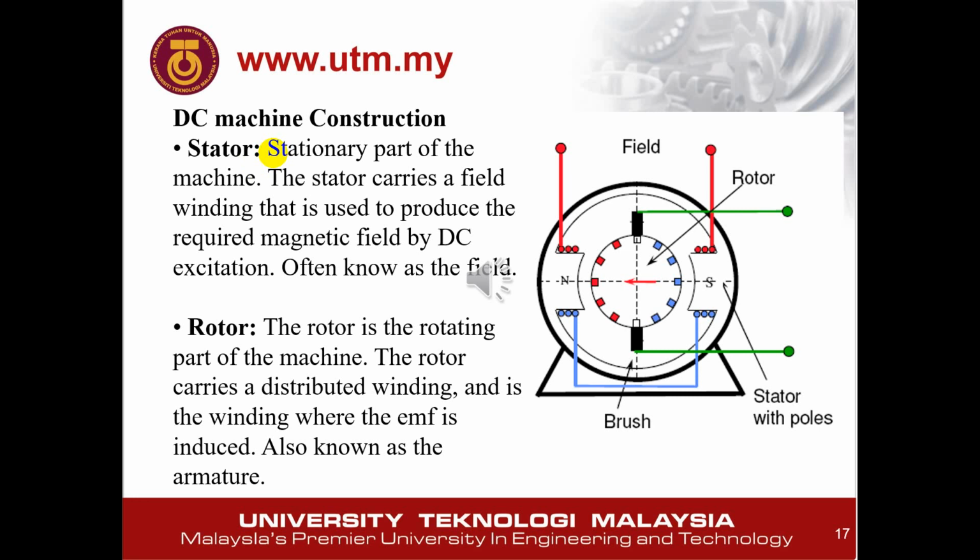For a DC motor there is usually a permanent magnet, but sometimes the permanent magnet is not used because it is not practical if the machine is quite large. So instead of a permanent magnet, it uses a winding. The winding will produce a magnetic field just like a magnet. So there will be two circuits. The first is to excite the field at the stator, and the other is the winding at the rotor, where the EMF is induced. This is also known as the armature.